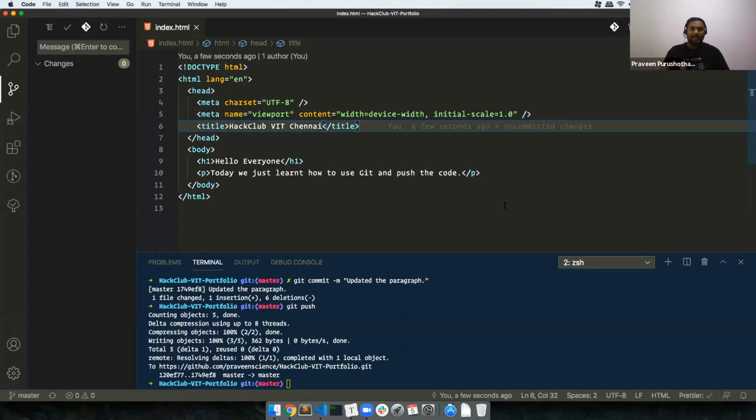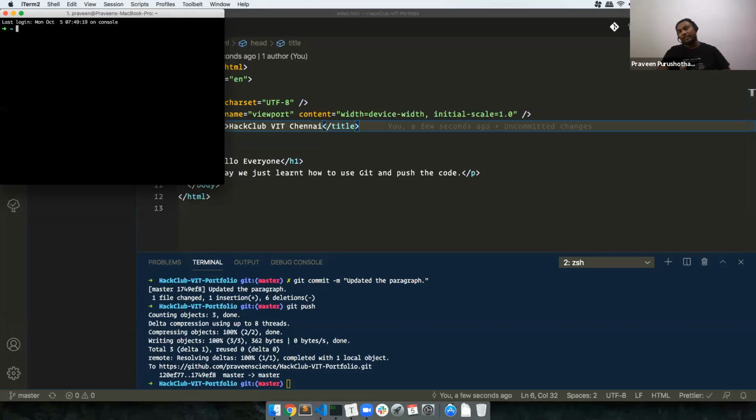If you are using Sublime, all you need to do is open up another terminal window and start doing these things. So this terminal part is not there in Sublime. If you are using Sublime Text 3, there is a built-in terminal. I don't know how to enable it. I'll try finding it out and showing it to you tomorrow.